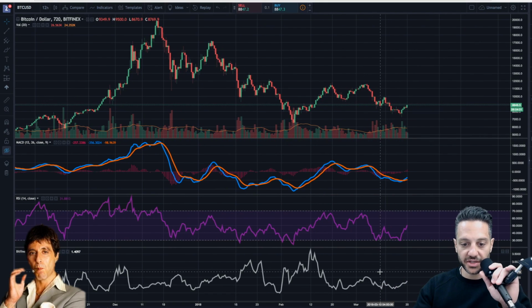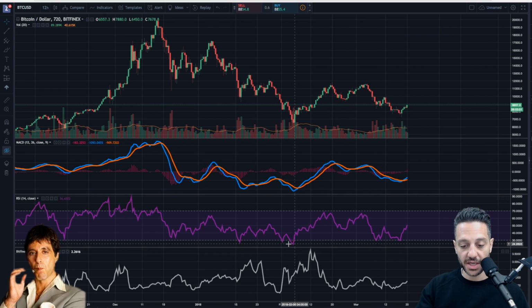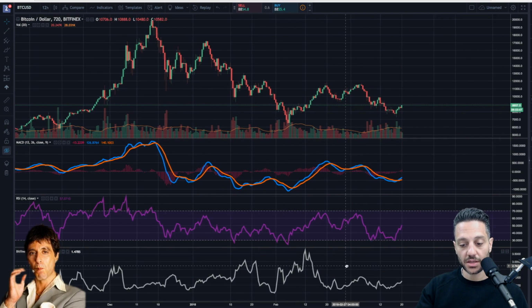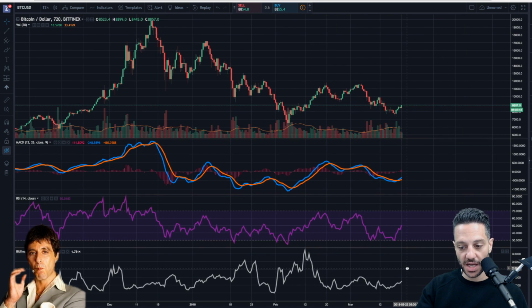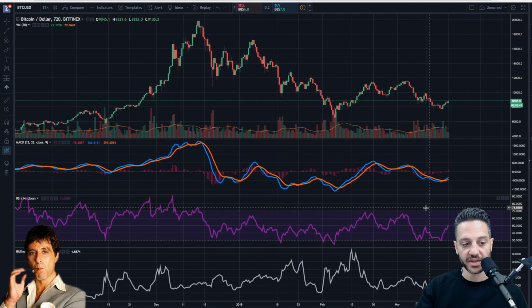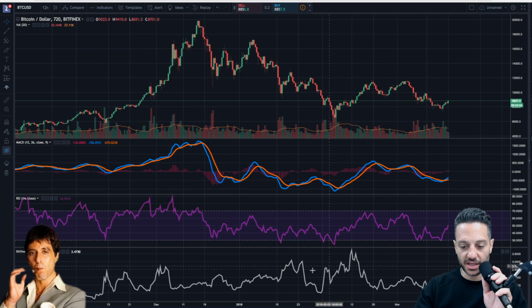Just like every other indicator, they're best when taken in conjunction with each other, and you have as many points of confirmation as possible. So I still obviously look at the volume, I still look at the MACD, the RSI, but this is something that you should not overlook, as it tells you direct market sentiment and is not a lagging indicator in the same way that the RSI and the MACD and the trend lines, or the moving averages are. Right? It gives you a little bit of a heads up, as you can see here.